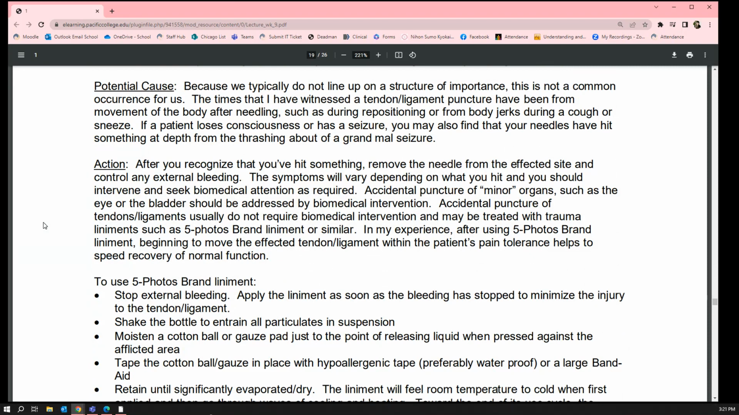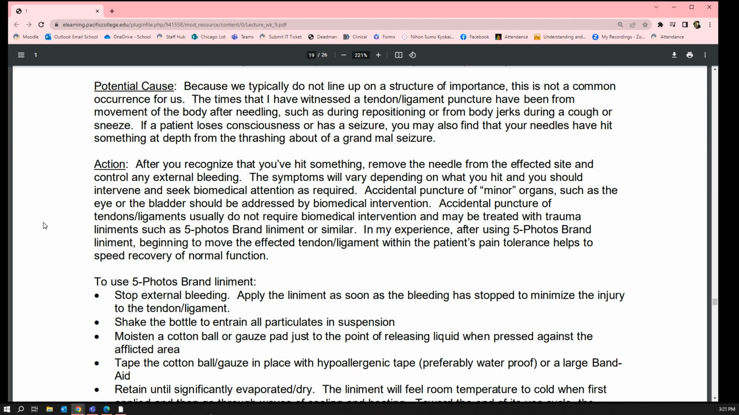So if you have bleeding, stop the bleeding. The symptoms will vary depending on what happened, so you're just kind of reading the situation. If there's an accidental puncture of a minor organ like the eye or the bladder, you should definitely send them to an urgent care. Accidental puncture of tendons and ligaments don't require any sort of medical intervention, but you're probably